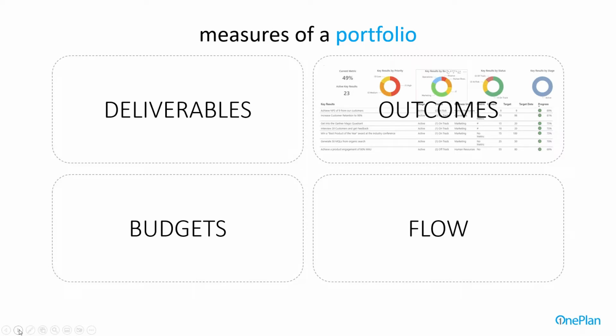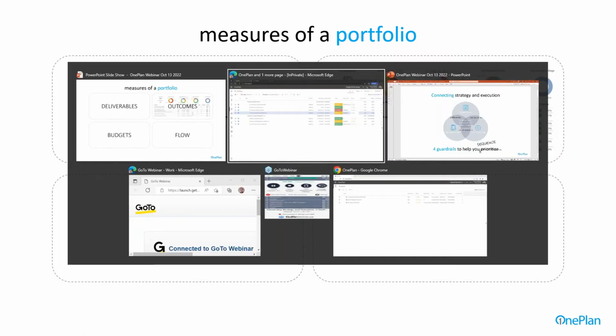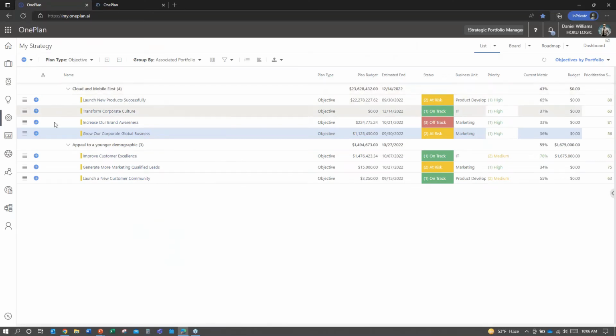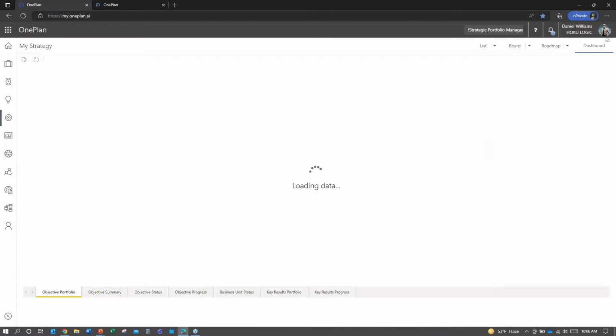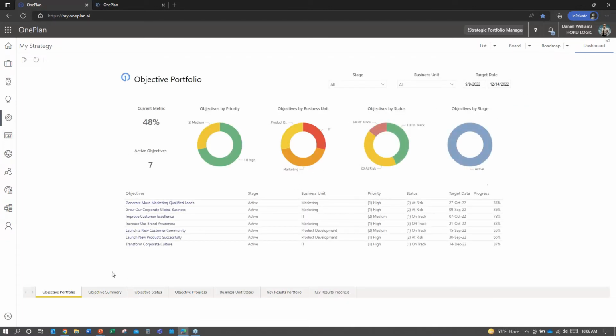So you can see both side by side. You've got both to be able to make decisions on when you're having these key reviews around what we should change. And just to illustrate that, going back to OnePlan and the strategy section, I've got dashboards in here on my key results and objectives, which can look at all manner of slicing and dicing across portfolios, across product teams,